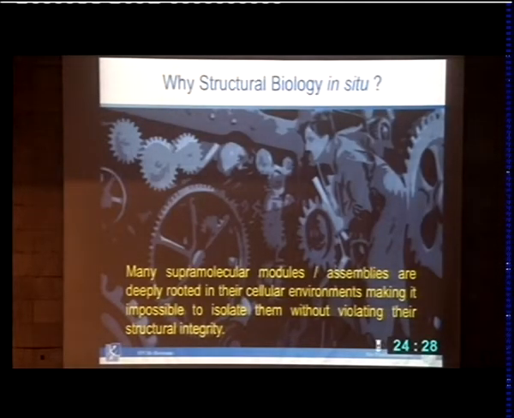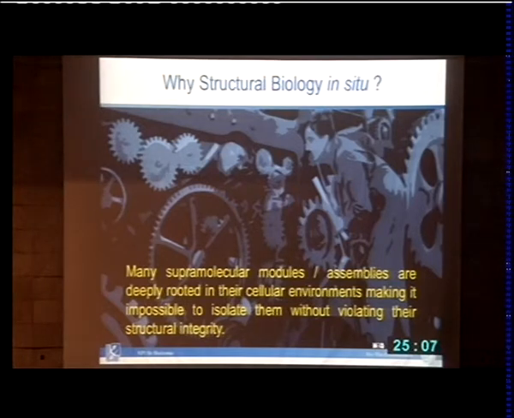Now, I want to change gears completely and tell you about something which is really work in progress, in its very early days. The main activity in my lab over the past 20 years or so has been to enable what we like to call doing structural biology in situ. So the idea is that instead of the traditional reductionist approach in structural biology, where cells are taken into pieces, components fractionated and purified, and then studied in isolation,